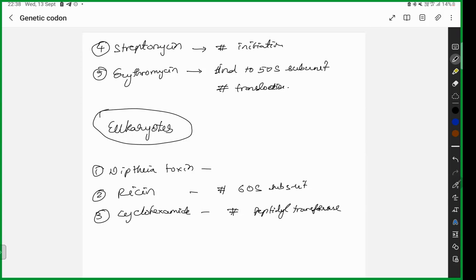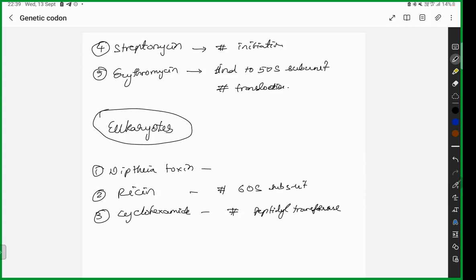At the end of the day, what you need to understand is that prokaryotes generally include protein synthesis in the mitochondria and chloroplast. Okay, at the end of the day, what you have to understand is very simple: we give drugs against prokaryotes, and the eukaryotic toxins act against us. So both are toxins, and both sides are fighting each other. Okay, that is what you need to understand.